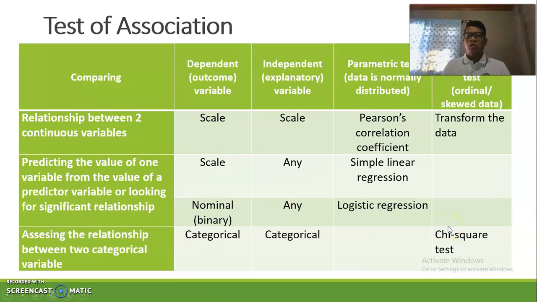So when do we use this one? For example, we want to determine which among these participants do not like horror movies, between male and female. So sex, male and female, is a categorical or qualitative data, and whether they like horror movies or not is also a qualitative data. Horror movie, yes or no. That yes or no is also qualitative or categorical data. See, so that's the chi-square test.